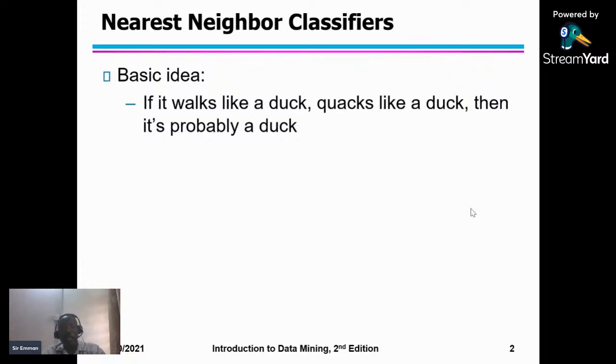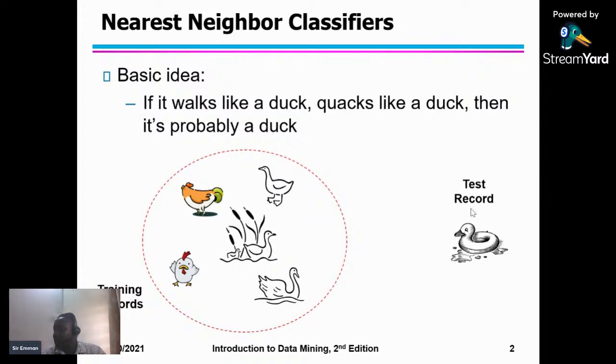Basically, that's it. And the process repeats until it exhausts everything, and then it's able to classify or cluster objects into one characteristic. So you have a training record inside the circle,